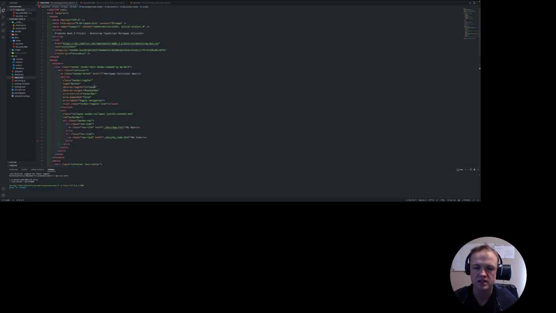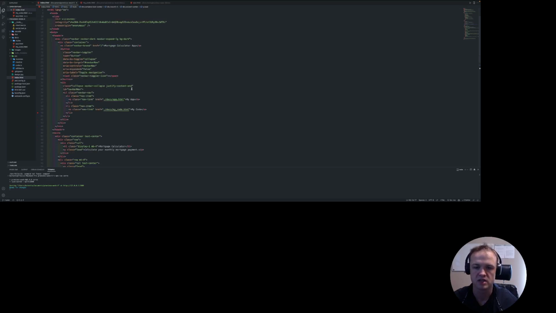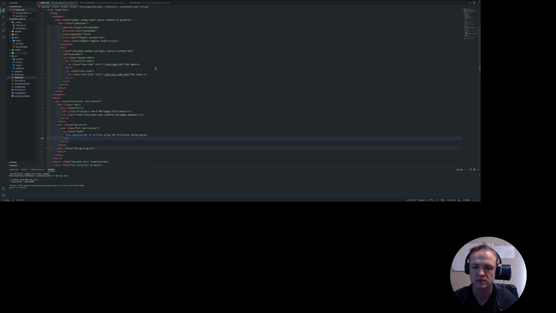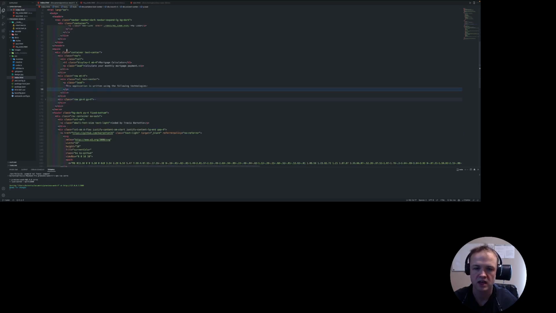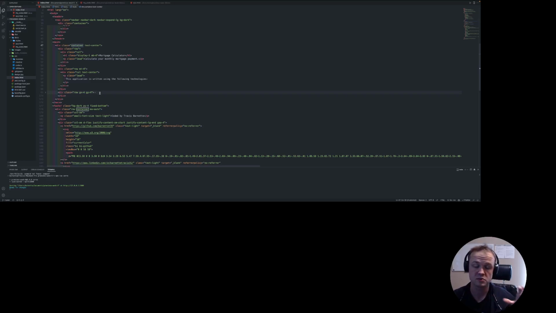I gave it a brand, gave it an href. There's a button that does a toggle, and then it leads to my 2 documents, which are the app and the code for the app. And then, as you can tell, I use the container Bootstrap class in order to keep everything within a specific limit. And then I use Bootstrap grid, which uses flex, actually, which is a really weird name in my opinion,